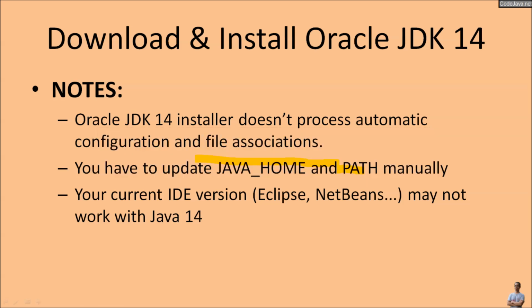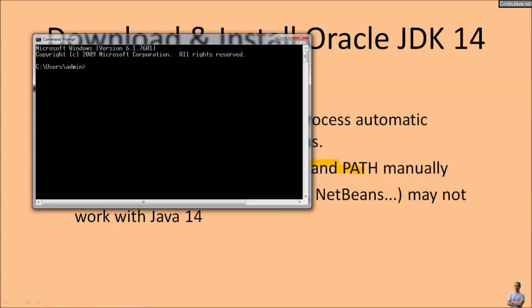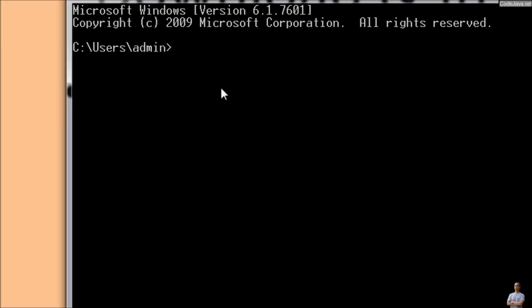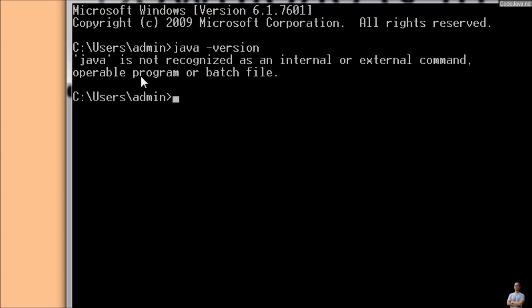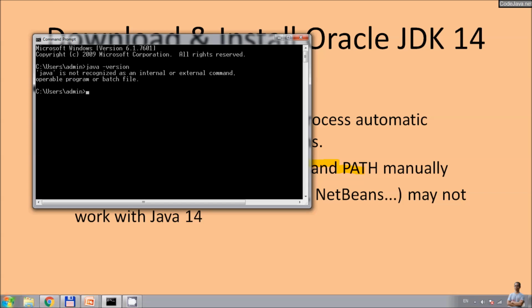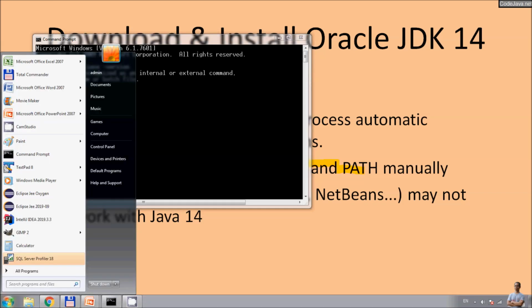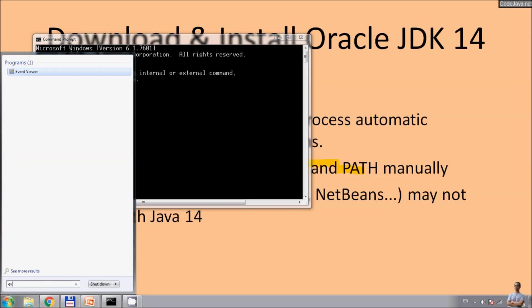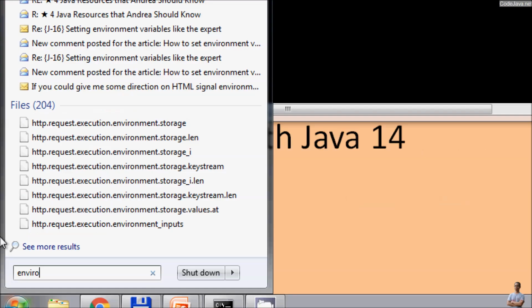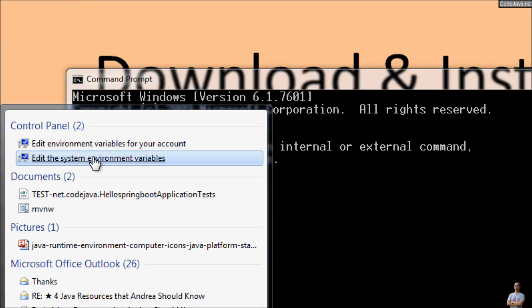Now open the command prompt and type the command java -version, and you see we got an error. Java is not recognized as an internal or external command. So now let me show you how to configure the system environment variable for Java 14. Edit the system environment variables here,